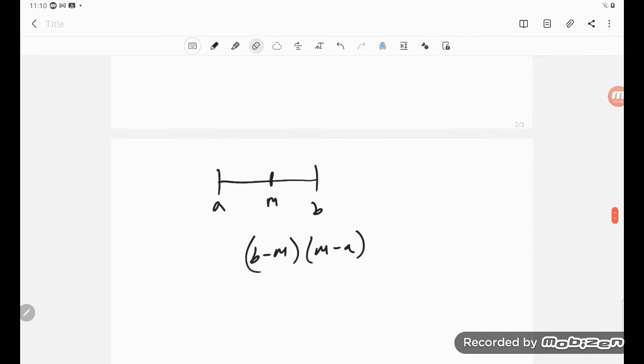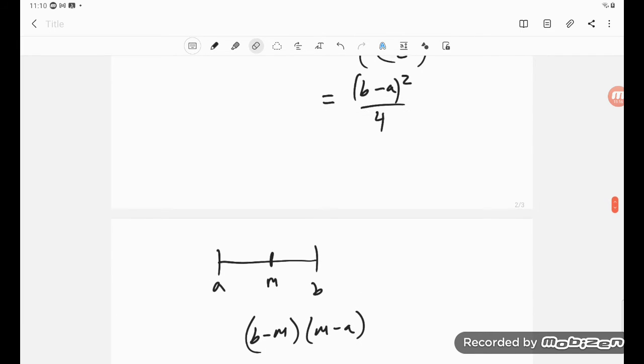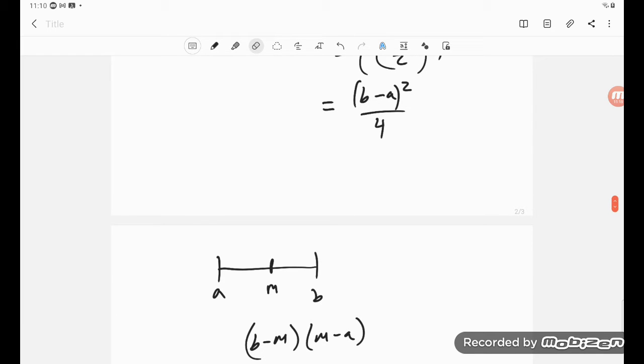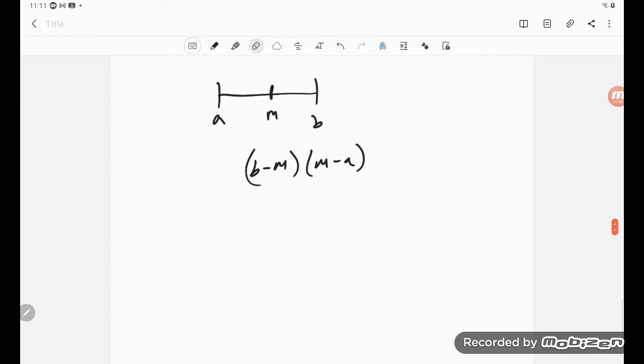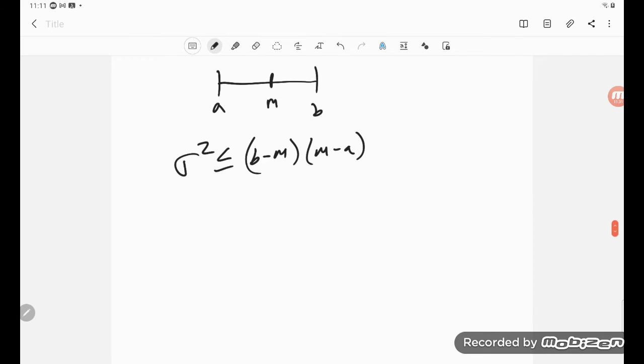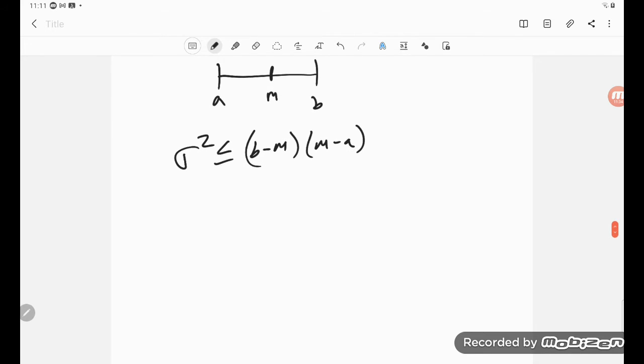Okay, so I'm back and I'm wondering, we had the inequality b minus a squared over 4, and what about this one? Could you say that you have something like that where m is the mean? It sort of seems reasonable, but it's not necessarily obvious. However, this one you can get without the derivative stuff if you start with,